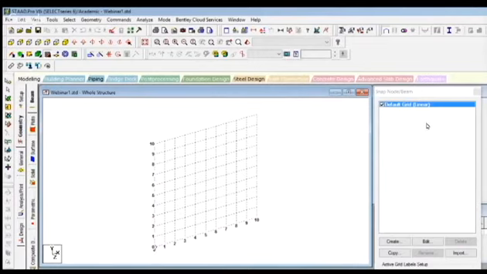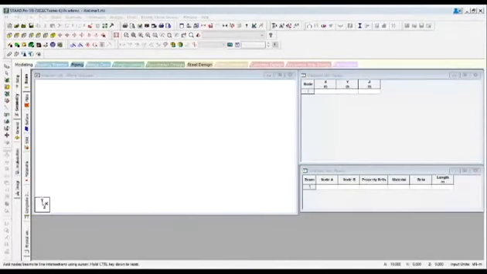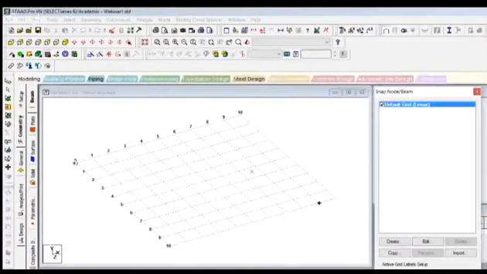If you're seeing this default grid for the first time, you will notice that it is in the XY plane. So basically this is one of the vertical planes. Now you can edit this default grid by going to edit. Click on edit. Then you will see options for which plane you want, XY, XZ, or YZ, and which angle of plane you want. Now we will choose a horizontal plane, which will be the XZ plane. Click on OK. Then the default grid will be in the horizontal plane.